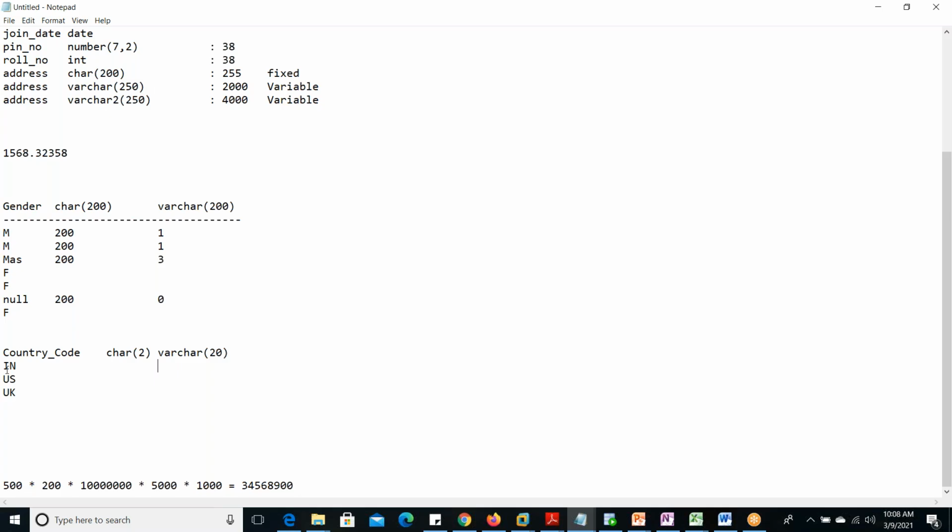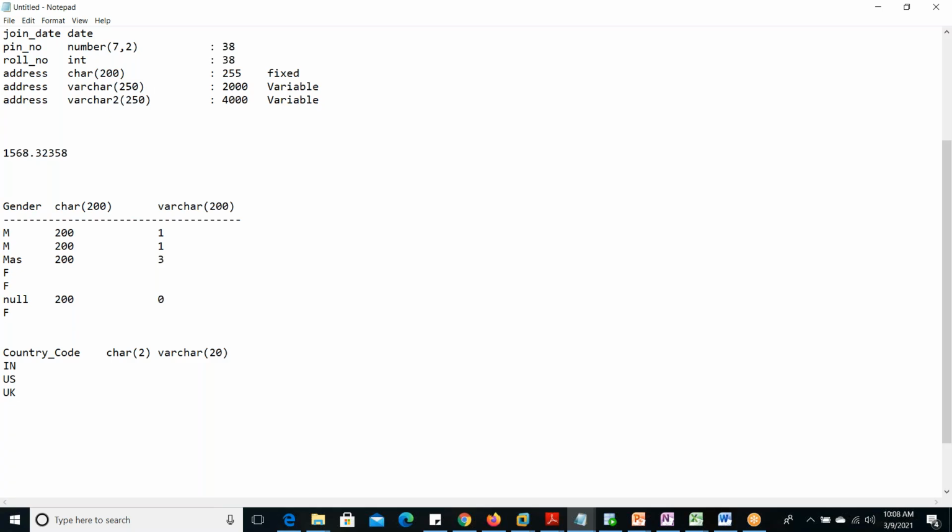That's why wherever 100% confirmed, only one character, for that, better to go for this char. It will not take more time. So country code is one example. Like gender is one example. M, F, M, F. Either one person can be male or can be female. Only one character.